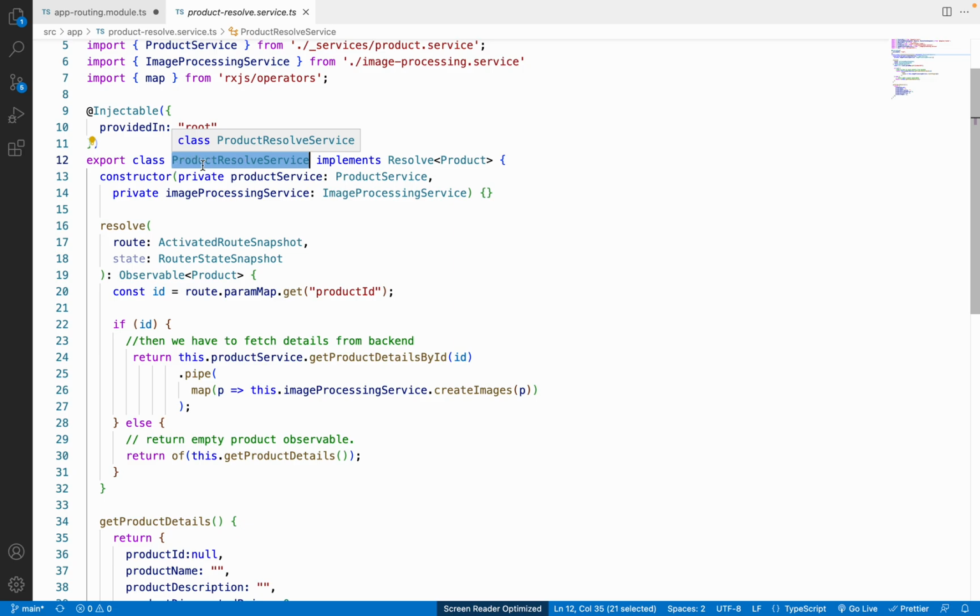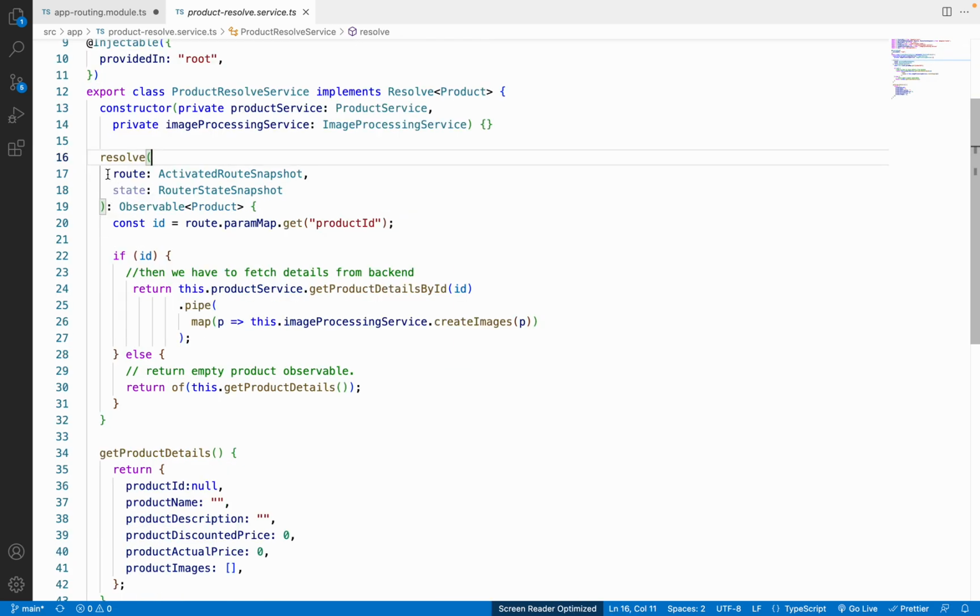In my case I have used a product resolve service, and then we have to implement this particular service with the resolve, and inside this we have to give the type of resolver. So I want to resolve the product type, that's why I have used Product over here. And then there is one method that we have to override. So we have to override this resolve method, and you can just